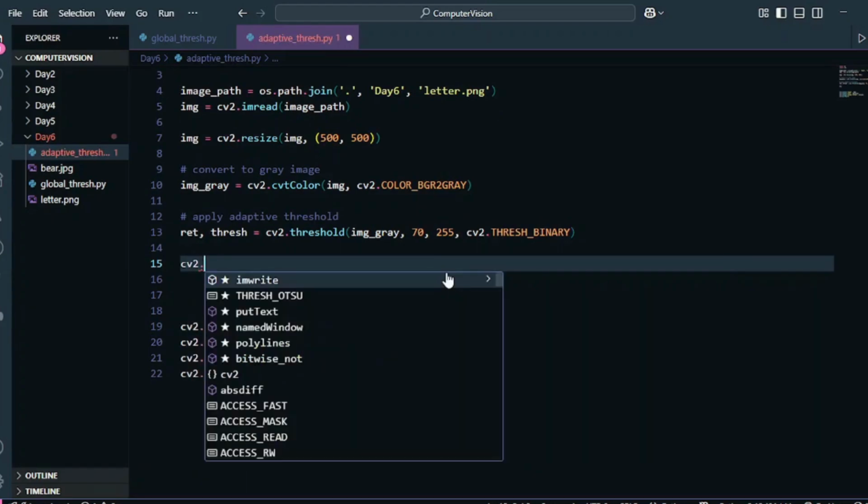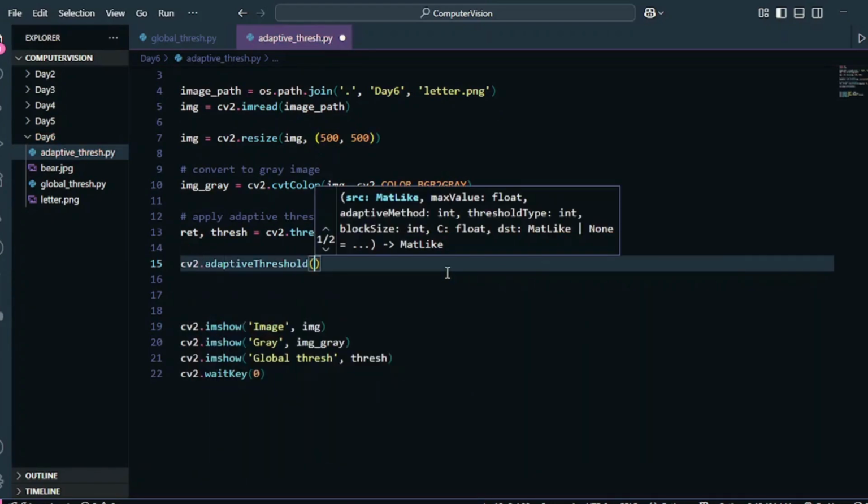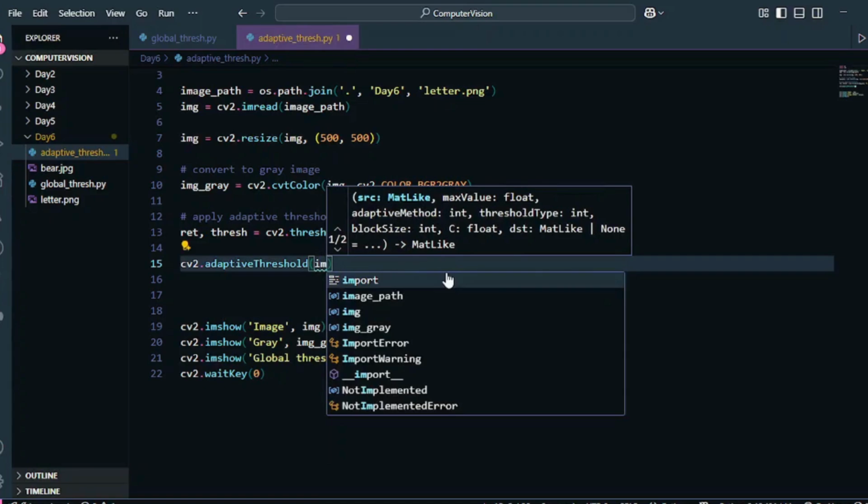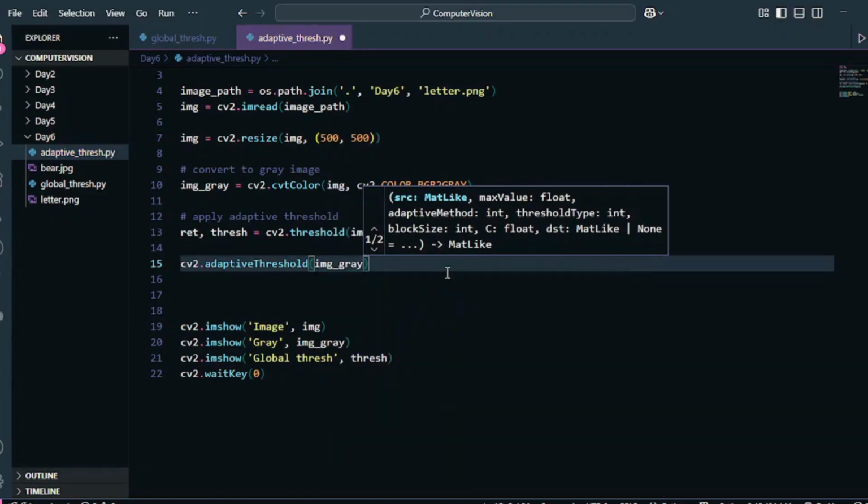Now we're going to use the OpenCV function to call the adaptive threshold. In this, you have to pass obviously your gray image, so I'm going to pass that, and then you don't have to define the threshold value here. Okay, it will calculate the threshold value itself, and there's not going to be a single threshold value, there are going to be multiple threshold values for this one. So that is why it is useful to use this for such use cases in which you're going to have multiple threshold values, in which you can't decide one threshold value.